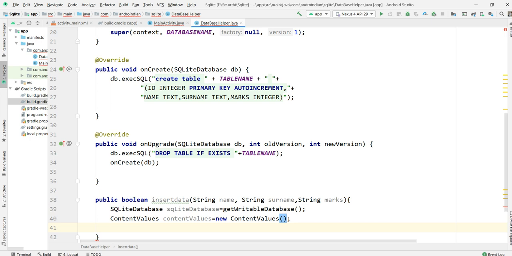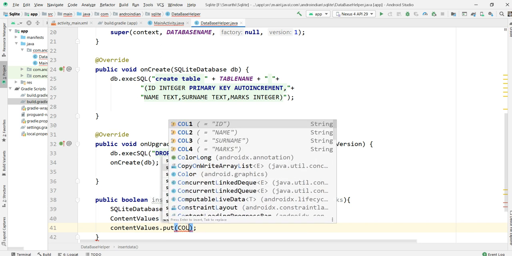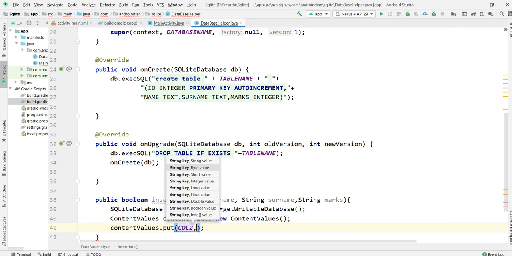Now you can add content values one by one into this. Like this: contentValues dot put, key comma value. Key should be the column names. So we are directly inserting the data into column 2, because column 1 is auto increment.